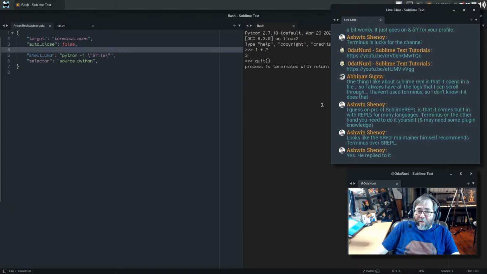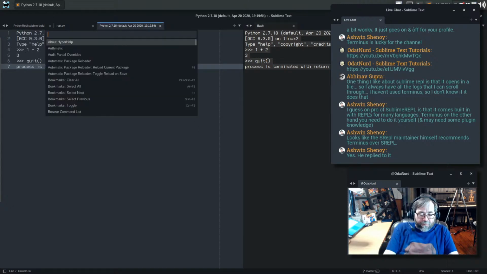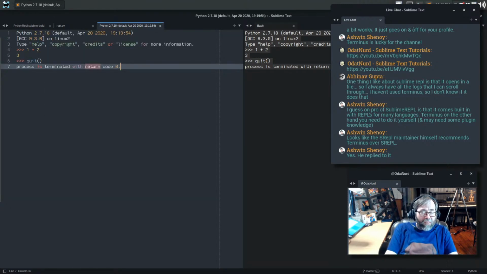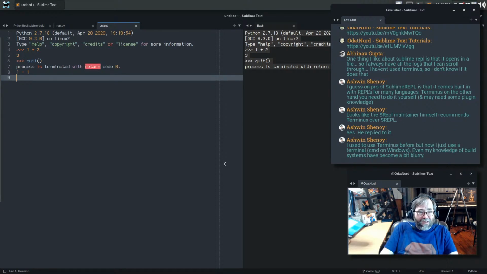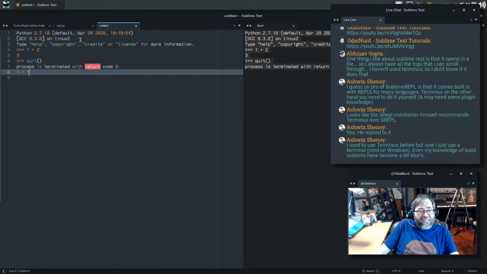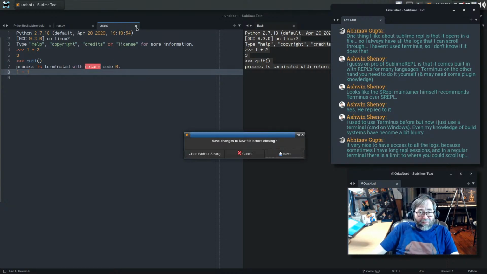One thing that Sublime REPL does that I'm not a fan of personally, from all the times I've seen it, and it's not going to work here because of the way Terminus works, but I guess we could do something like this. If I selected all this, if this was a Sublime REPL window, it would have the syntax for Python, which I guess is cool when you're doing something like that. You get to see syntax highlighting, but you also get to see syntax highlighting for these things that clearly aren't code, which just looks wrong to me, but I'm kind of OCD for that sort of thing.